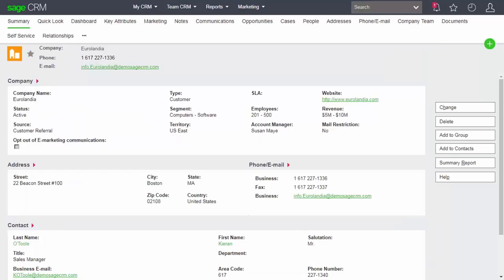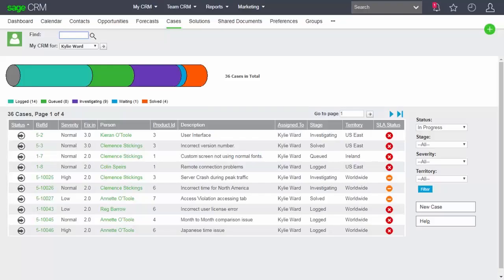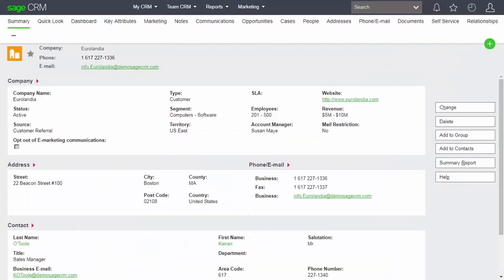If I close this report, I want to now consider another user who is inside a different team and has a different set of rights. We may want to limit access for users who are inside a different team so that the information should not be displayed to them. So if I look as the user Kylie Ward, who is in the customer support team,